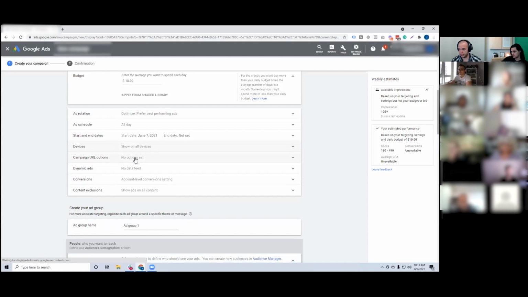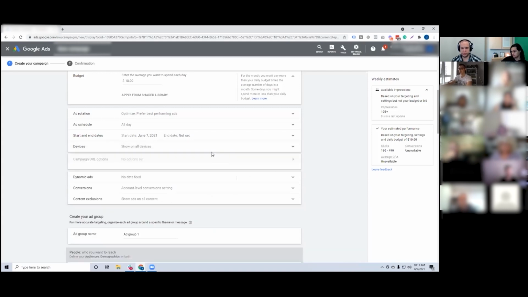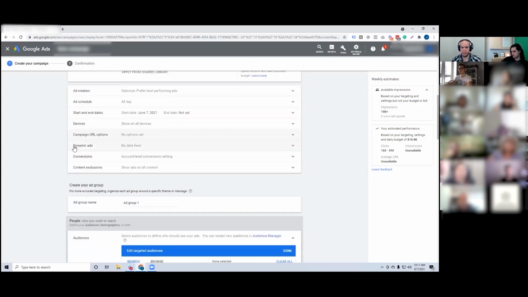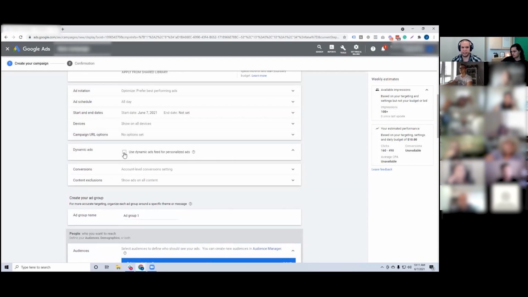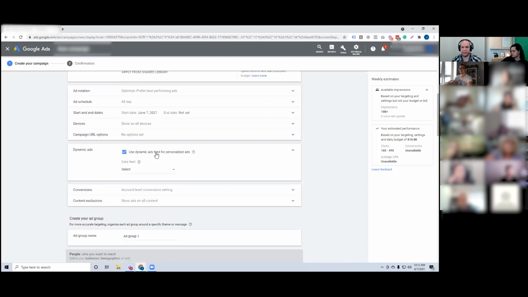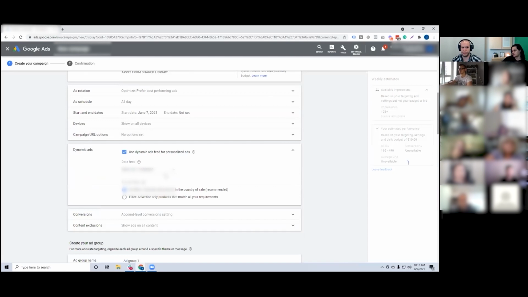Campaign URL options, again, this is the same campaign URL options. Here's what makes the campaign dynamic. You'll see dynamic ads, no data feed. So when you click on that, say, yeah, use dynamic ads feed for personalization. And then it's going to say select a feed, and then choose your feed here. This now has just turned your standard display ad into a dynamic ad, which means it is now going to show an ad personalized to the person that went to your website, looked at a specific product, did not buy it,